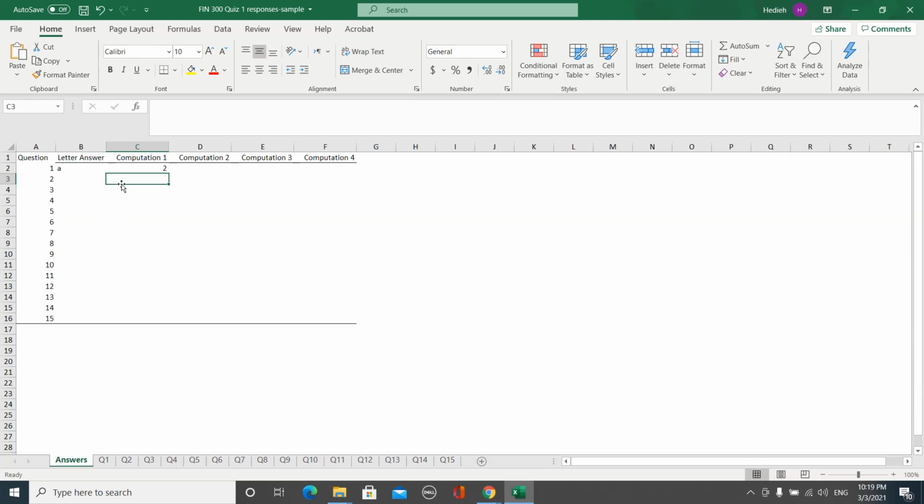Some of the questions may ask you to calculate more than one item, so you should insert all of the items that you are asked to calculate on your answers sheet. And at the end of the exam, you are asked to upload your Excel